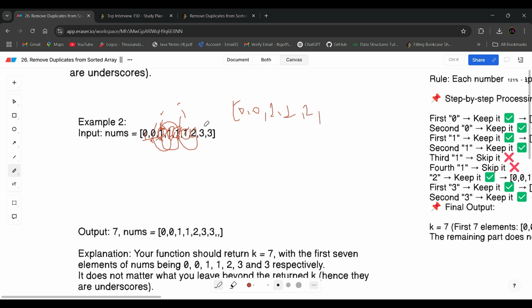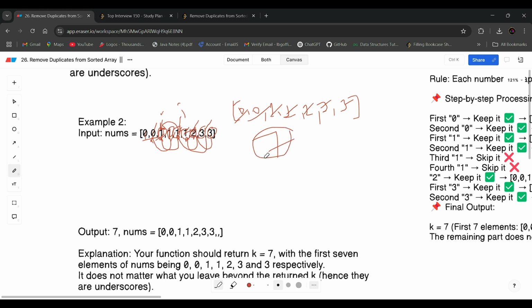Now 3 is our i, and it is not equal to the element at i minus 2, so 3 is present. And the next 3 is not equal to 2, so 3 is present. Counting 1, 2, 3, 4, 5, 6 and 7, the total number of elements is 7.